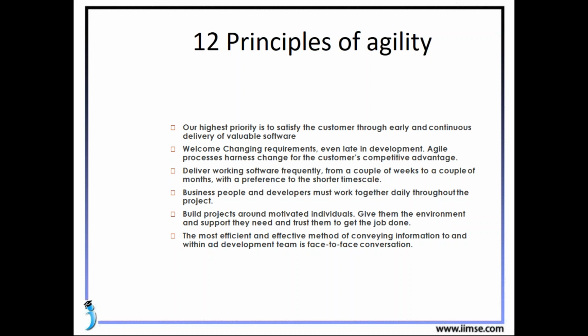We deliver working software, with certain requirements catered first. There should be working software in a 2 to 3 month time frame, or a couple of weeks, and after that let us move iteratively.